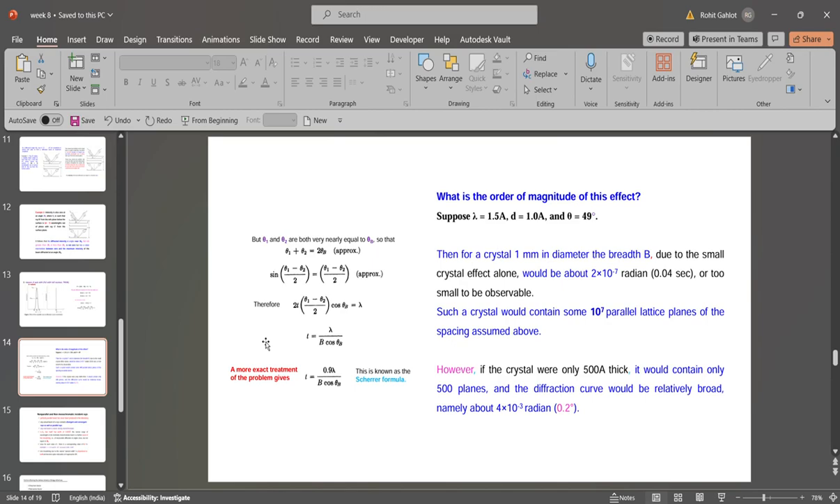So a more exact treatment of the problem gives this. So t can be written as 0.9 lambda by B cos theta B. Okay, so let's take an example. What is the order of magnitude of this effect? Suppose your lambda is 1.5 angstrom and d is 1 angstrom, and then the theta is